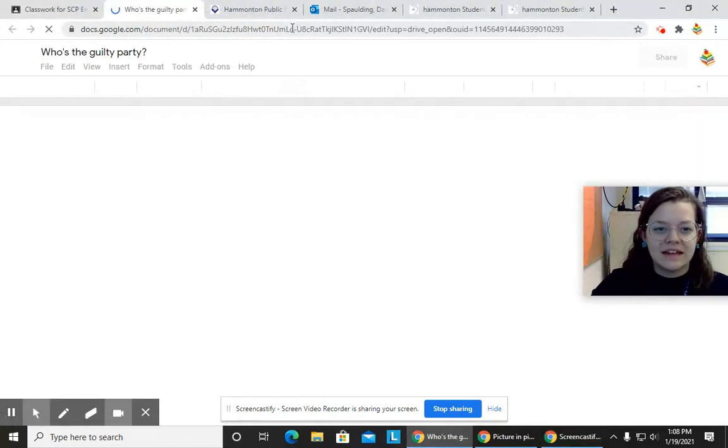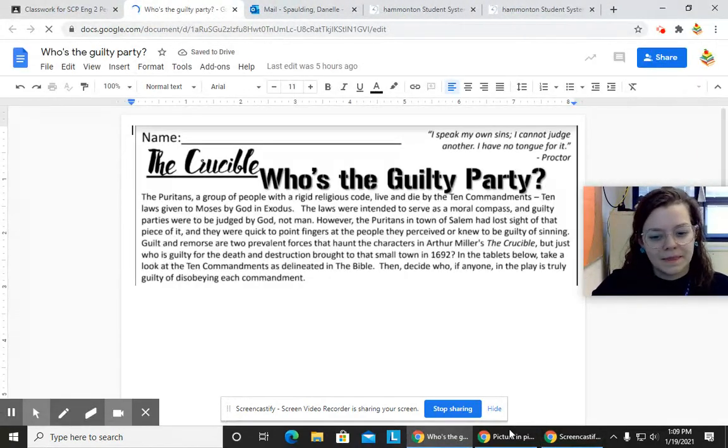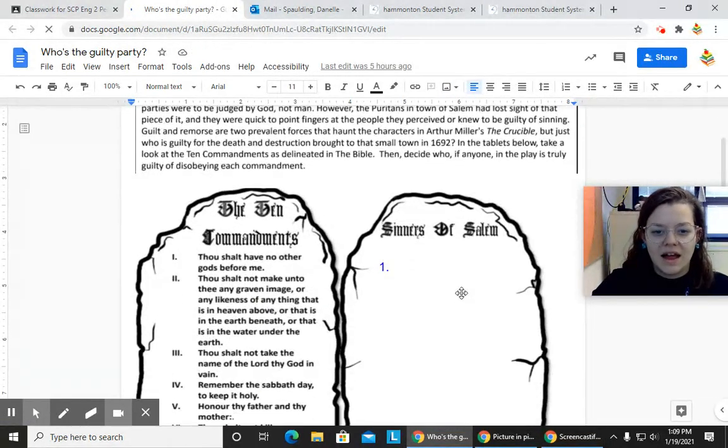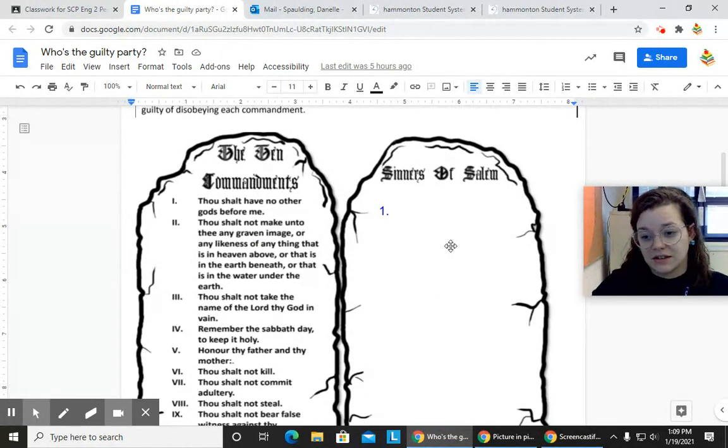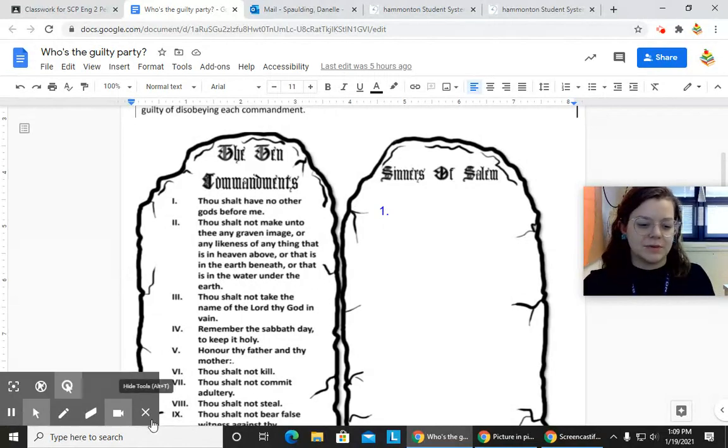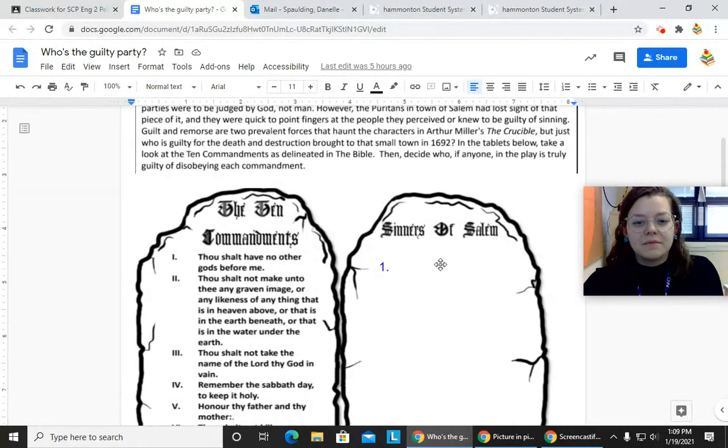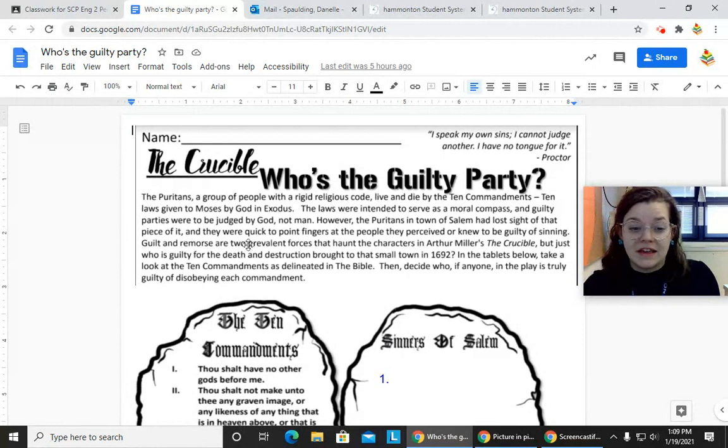When you open it up, it is a Google Doc, and you will see, by the time you look at it tomorrow, I'll probably say type here. It looks a little different just because I've been working on it today. But I'll start by reading what the main objective is.